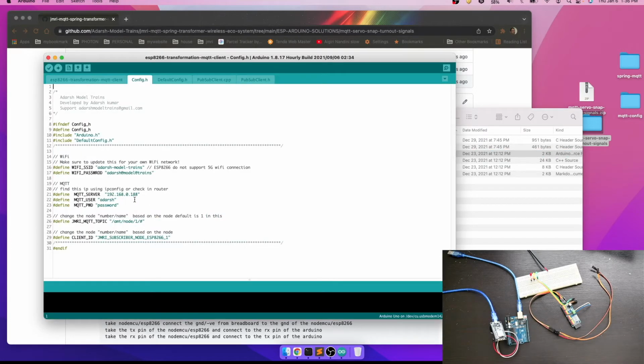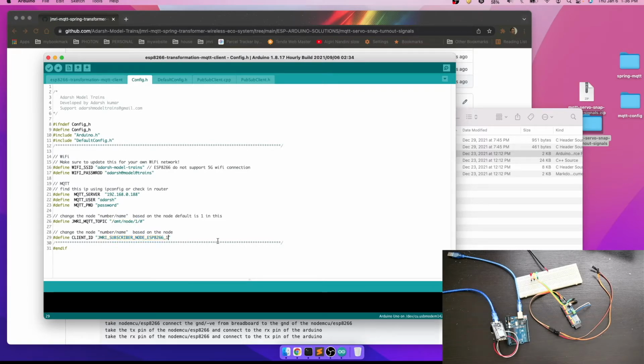Just go to the config file and change the Wi-Fi username and password according to whatever you have. This is the IP address of the server machine where MQTT is running, this is the MQTT username and password, and this is the topic where data will be published from the transformer application, and this is the ID for this node.